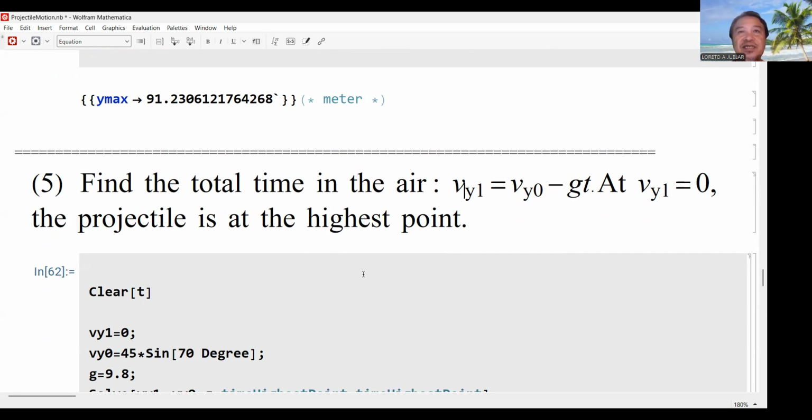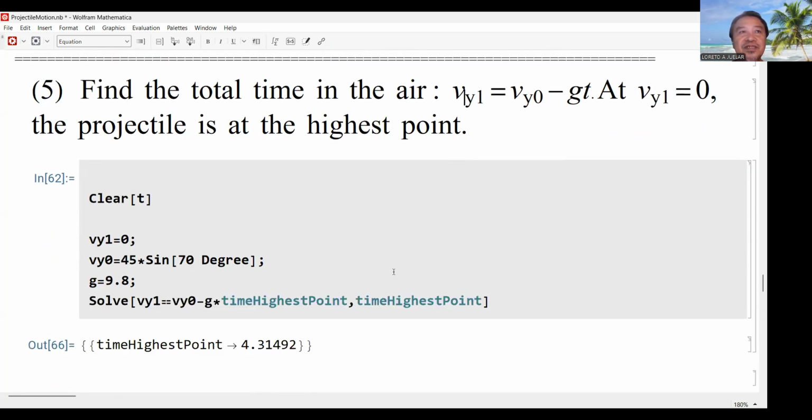The projectile is at the highest point. So here, the y component of the final velocity is equal to 0. This is the y component of the initial velocity. Now the acceleration due to gravity is 9.8. So using this formula,